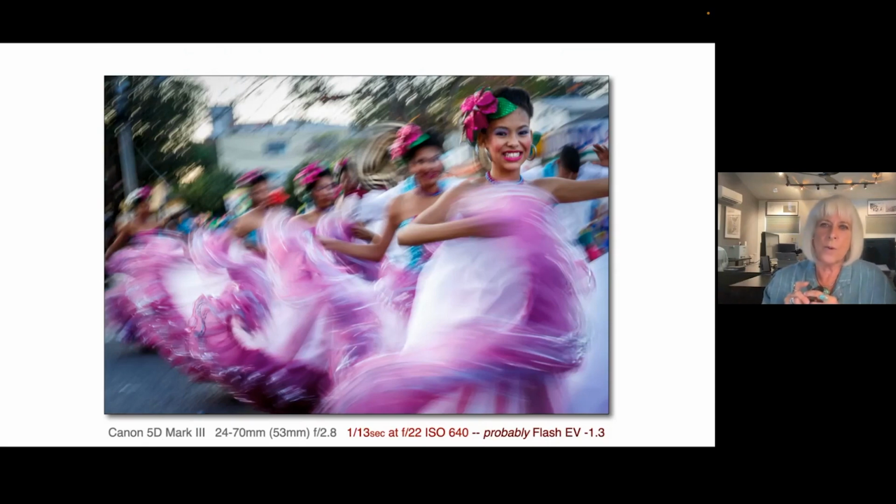And this is what I wanted for a festival in Colombia. 1/3 of a second. I usually start out between a 10th and 15th of a second with this idea. When you get lower shutter speeds working the flash, it's harder, but some of your results can be absolutely fantastic. And you'll notice in my settings, I say probably EV of -1.3. That's because it drives me crazy. Lightroom just says flash fire. Flash doesn't fire. But my baseline for thinking about flash is -1.7,